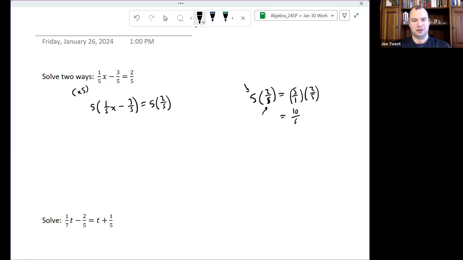Now, it is important to note that, say in a problem like this, where we don't have the same denominator everywhere, when we multiply, we're going to multiply by the lowest common denominator. When we do that multiplication, we're going to have some factors that divide out, but also some vestigial factors, factors that won't divide out in each term, and those will need to get multiplied on the numerator. So